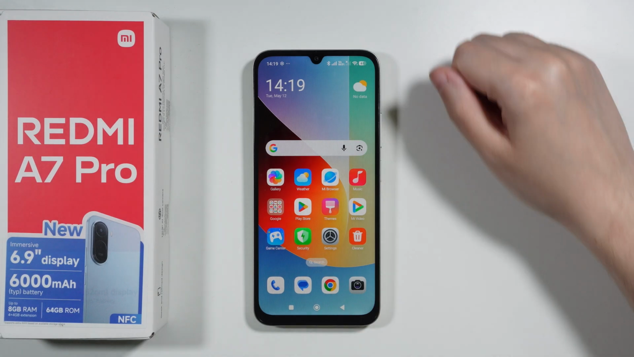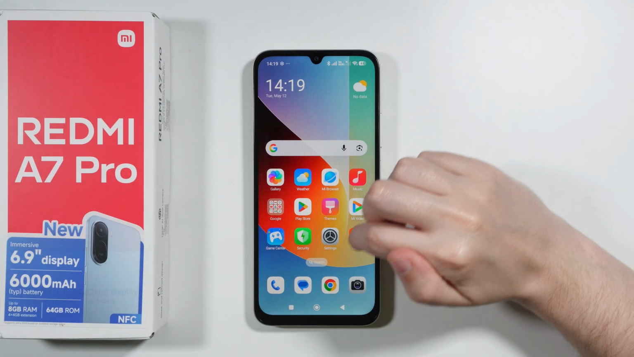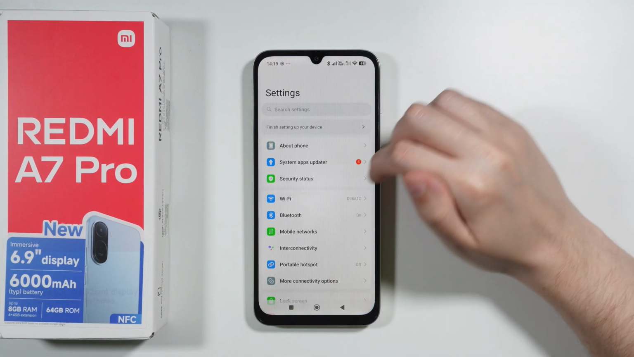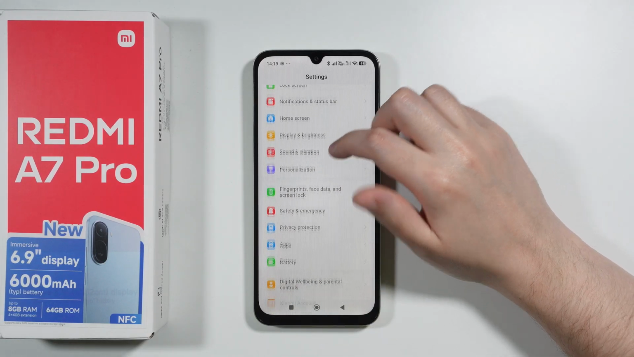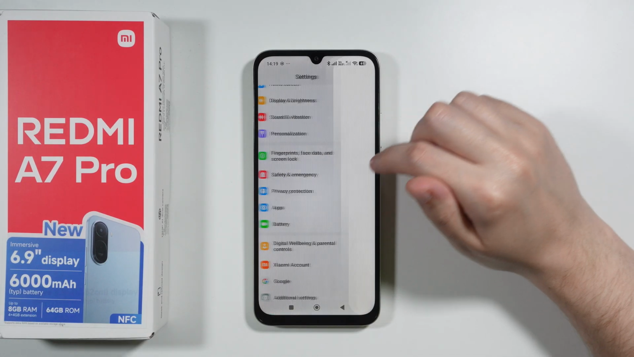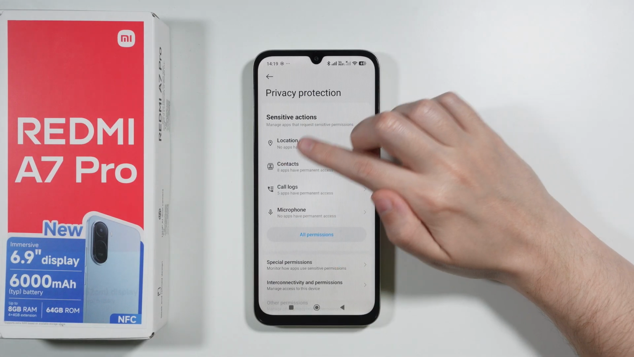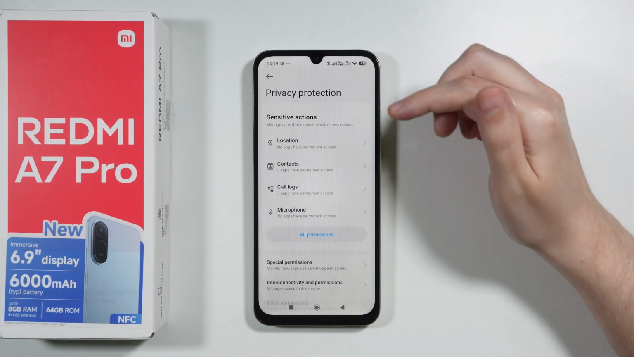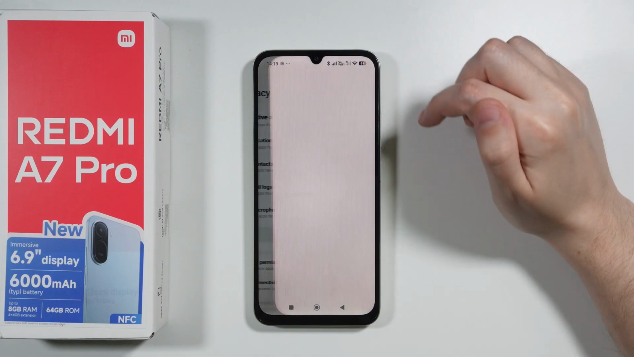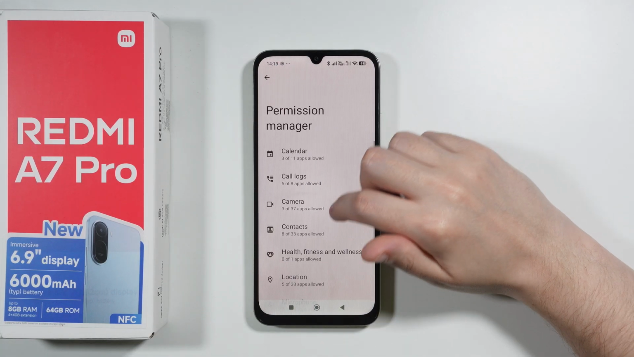If you want to adjust permissions on Redmi A7 Pro, first we need to open Settings. Here in Settings, you want to scroll down and find Privacy Protection. Now over here in Privacy Protection, you can find a couple of sensitive permissions that you can manage. And you can also tap on all permissions in order to open the full list of different